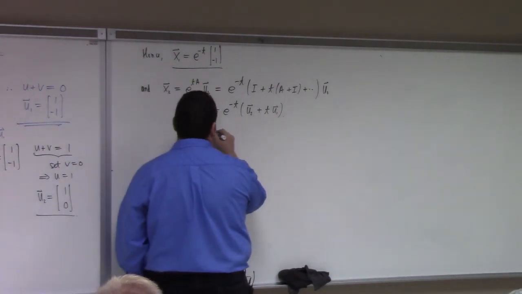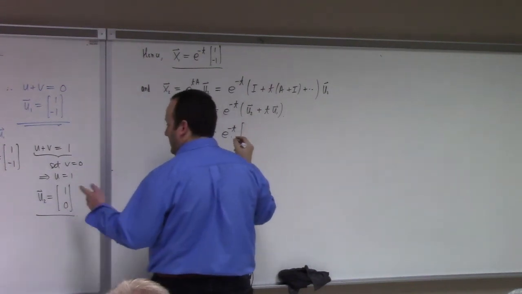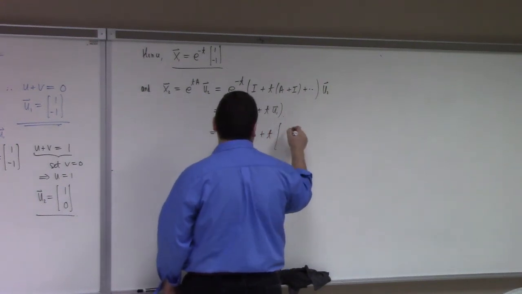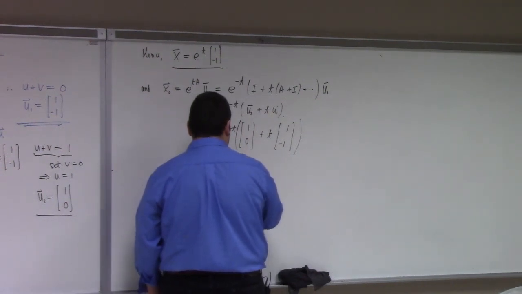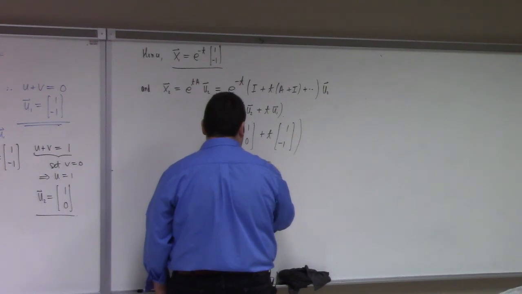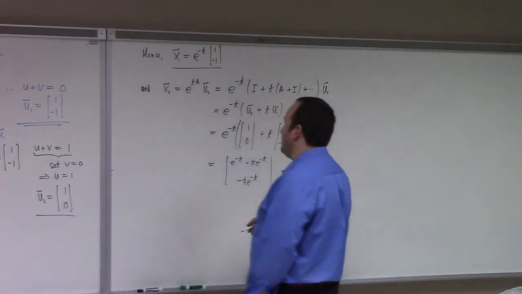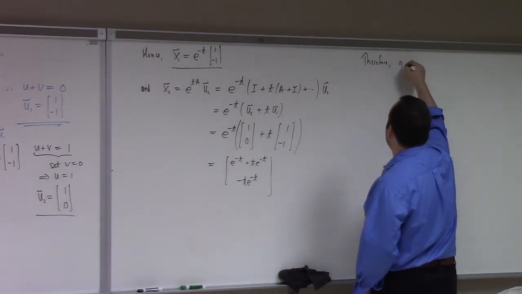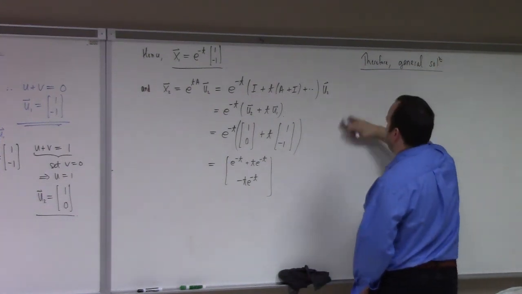And then, of course, in detail, this is e to the minus t times what? What was u2? (1, 0), plus t times, what was my u1? (1, -1). So I get e to the minus t plus t e to the minus t, and I get minus t e to the minus t down here. Therefore, the general solution is what? We get x